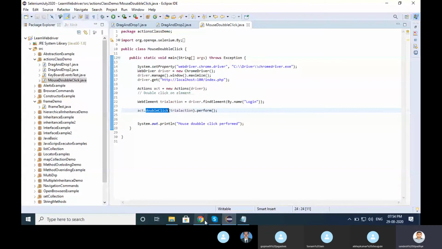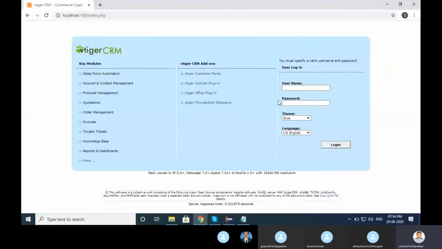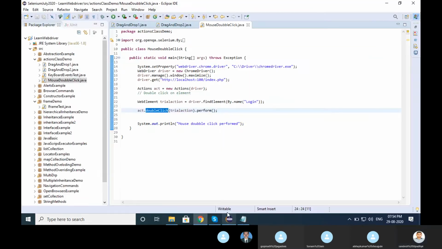login button. But here I do not have a situation where I need to double click for the operation to work. Sometimes in your application, if you double click there, then and only then will that operation work. So the situation is not correct, but conceptually, what I want to tell you is how you can double click with your mouse using the Action class.